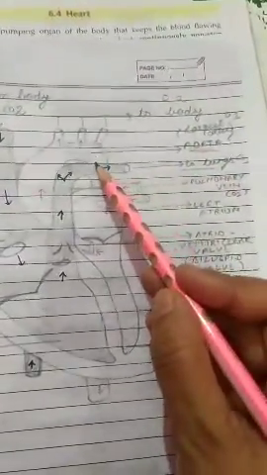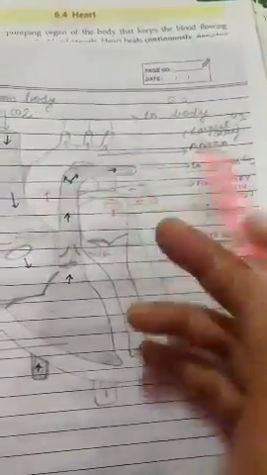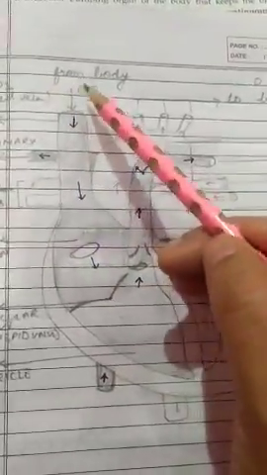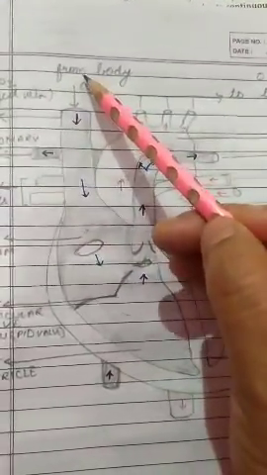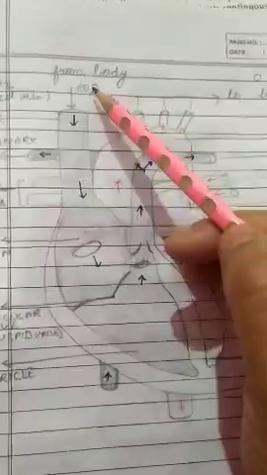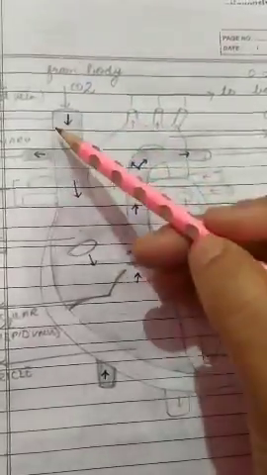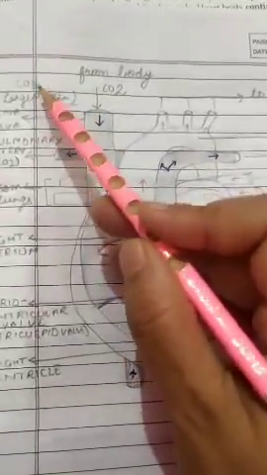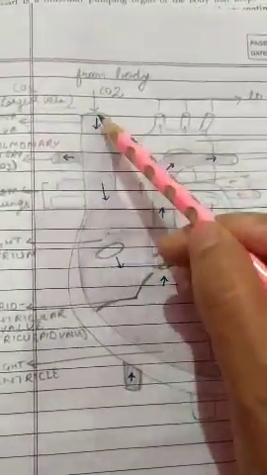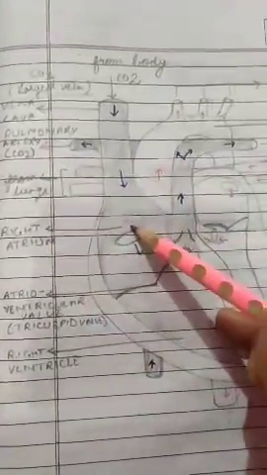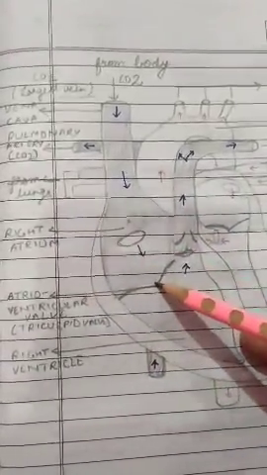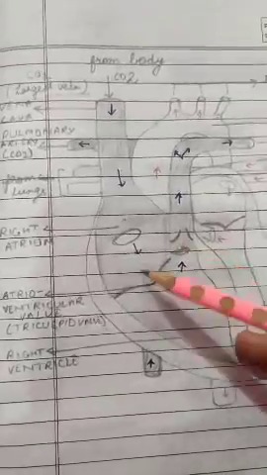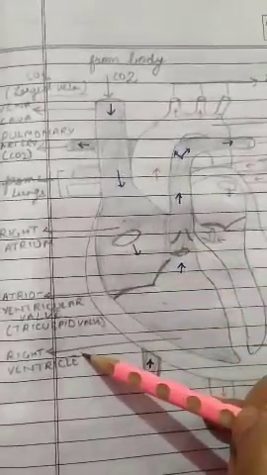This is known as the aorta. Aorta is the largest artery. As we know, through veins the deoxygenated blood enters the heart. So this is the vena cava, the largest vein, that contains carbon dioxide rich blood. It enters through the right atrium, and from the right atrium through this valve, known as the atrioventricular valve, it enters the right ventricle.